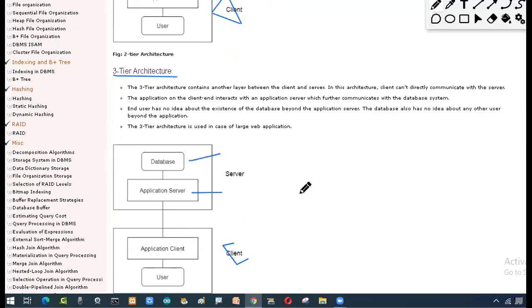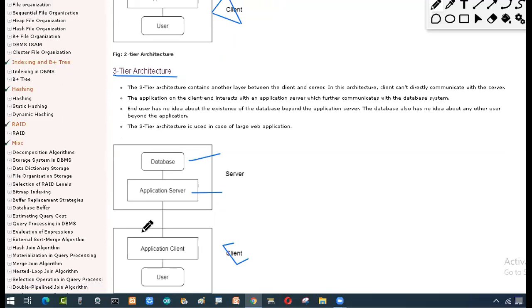Okay, so what is happening over here? In the architecture, I don't want to communicate directly. That means I don't want to give the key to the client, because if I give it directly, then he can destroy my entire database. So I don't want that. So I want a separate application server. So what is this application server going to do? The application server handles further communication with the data. So he is going to communicate with the server.